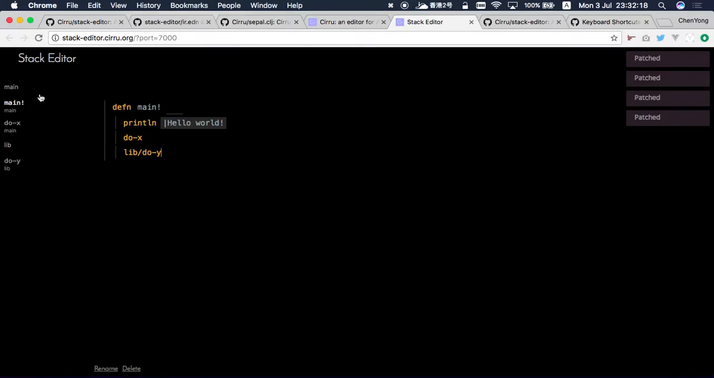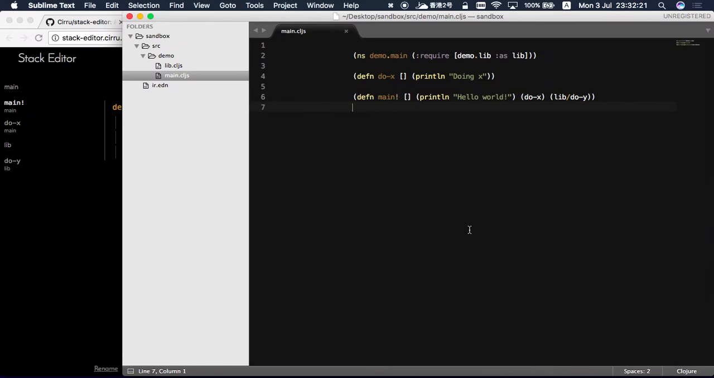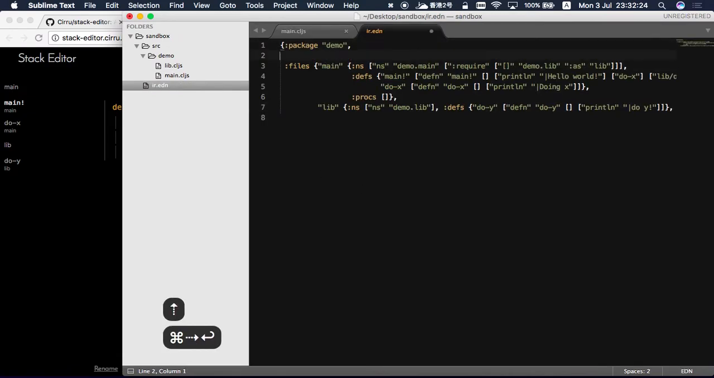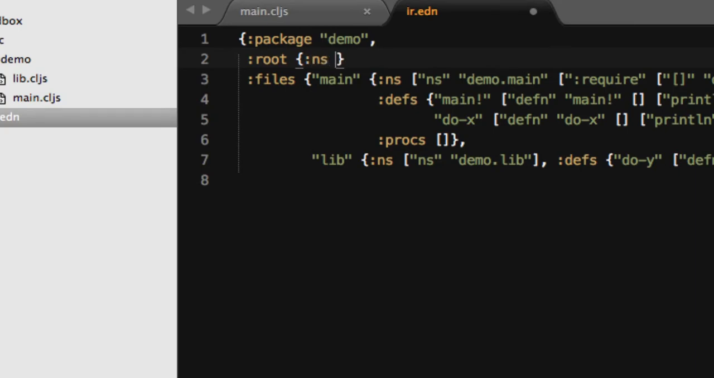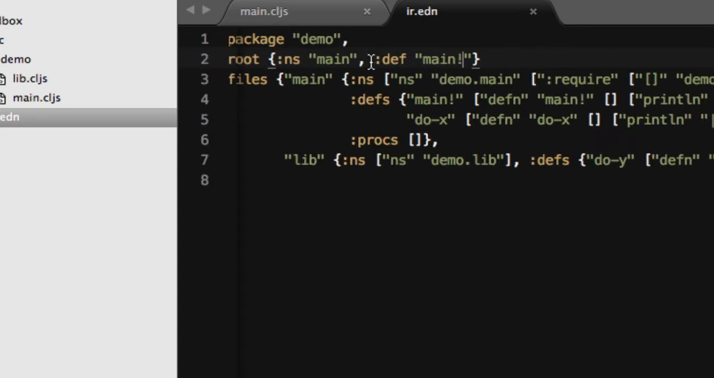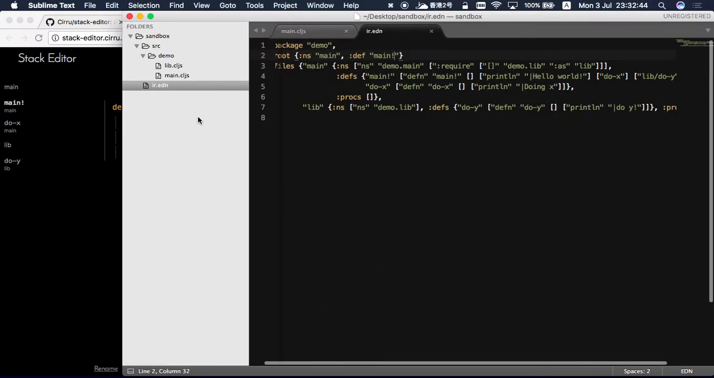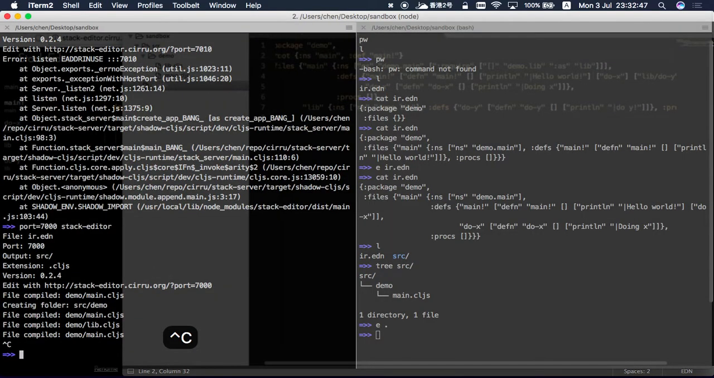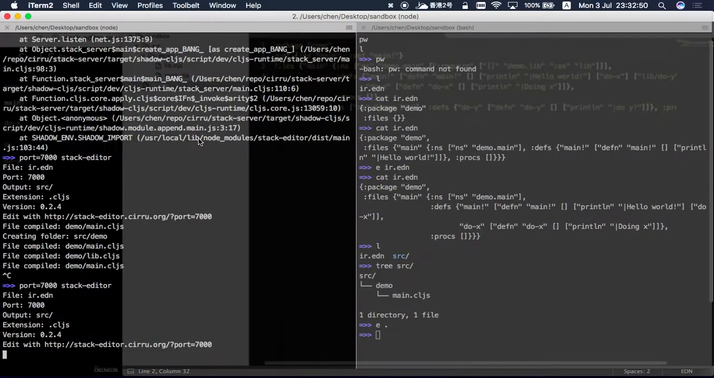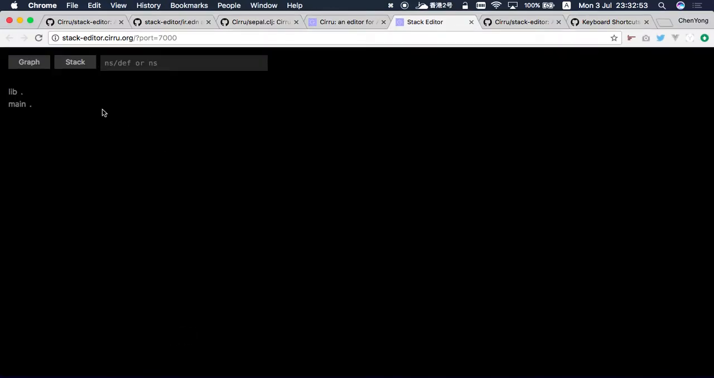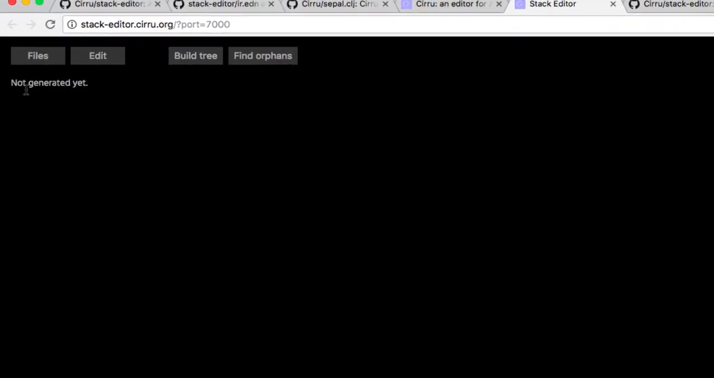The basic features are really simple. And what's more, recently I added a new feature called dependent tree, and it needs a root. The root is using the namespace main and the definition main. I'm going to restart the editor and load it again. Now it has a root, and I click graph here, and it tells me nothing, not generated yet,